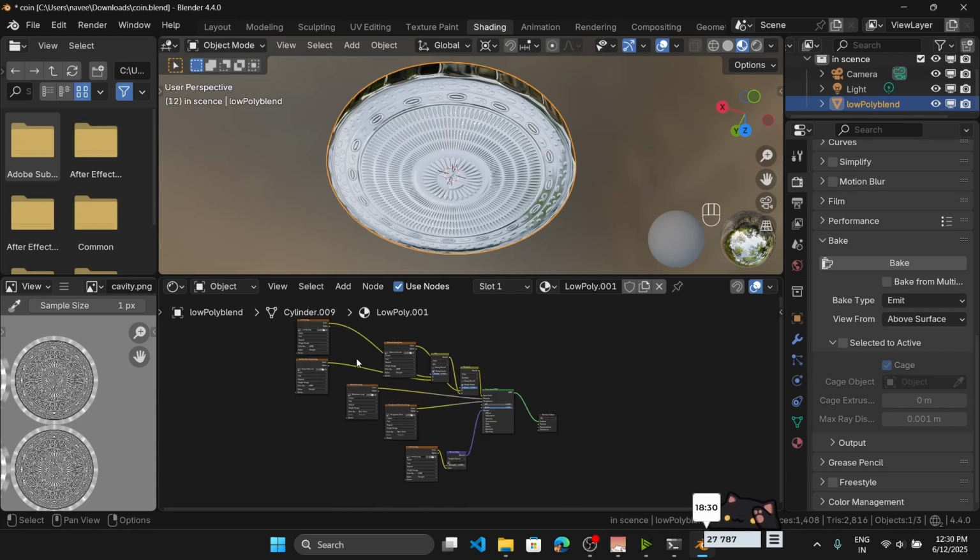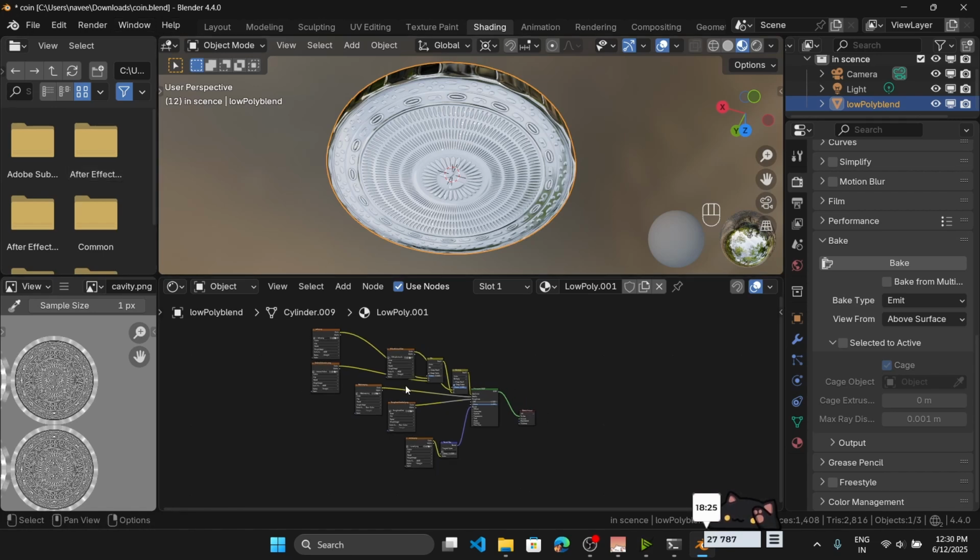Now those images and materials won't be part of this blend file. If you want to transfer it anywhere or give it to someone,